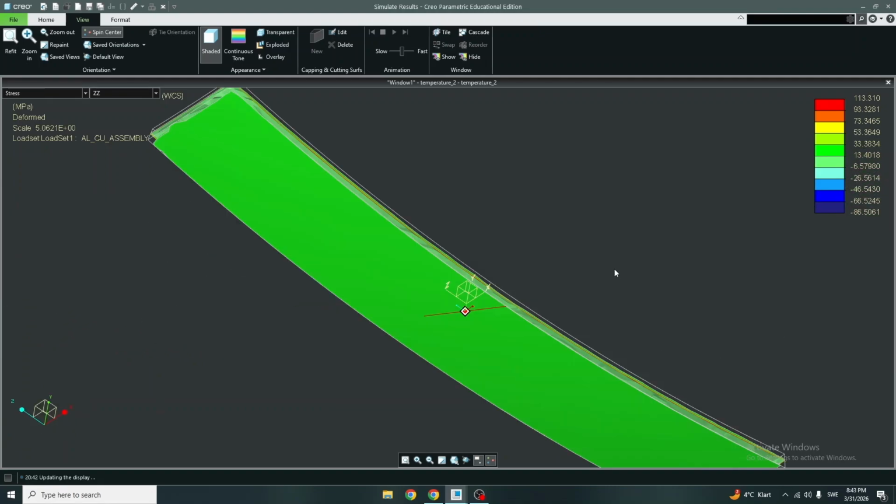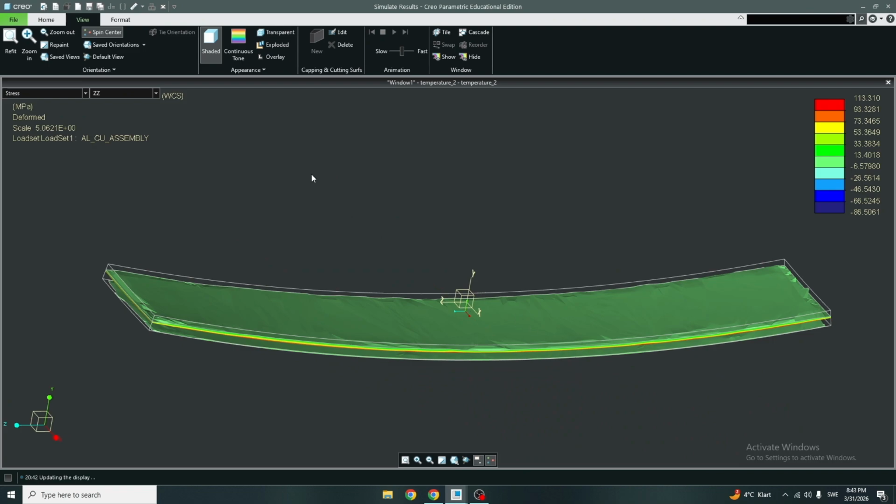So this is how you apply a thermal load to a bonded material beam, and look at the results, the deflection,